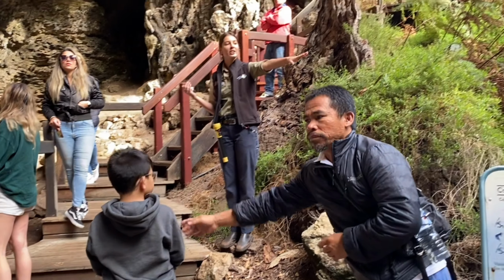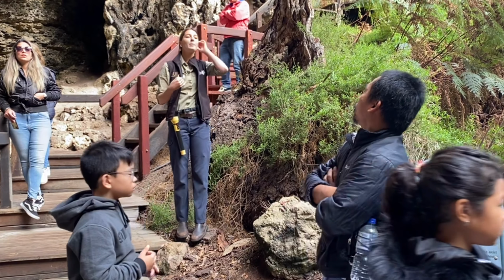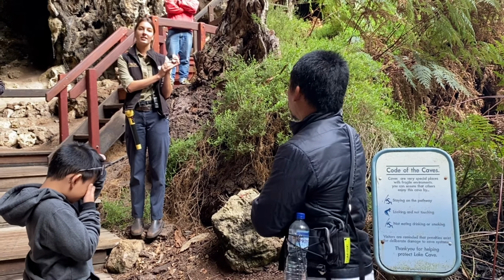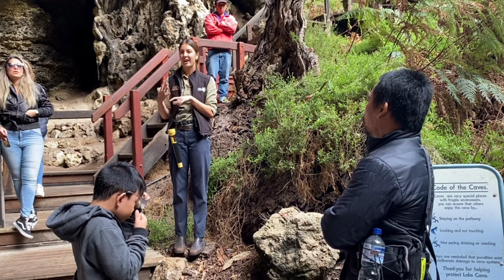The ones we're about to go down and see in Lake Cave look very, very different, very beautiful. It feels like you're in a crystal ice palace, but we do want to keep it that way. So before we head down, guys, I need to ask you a few things. Please no touching any of the formations because we have oil and dirt on our skins. It will change the colour of the crystal, stop them growing, and they are very fragile, so we don't want them